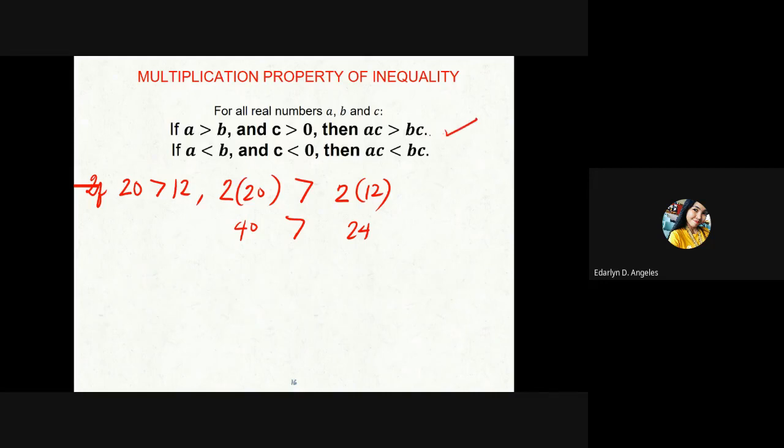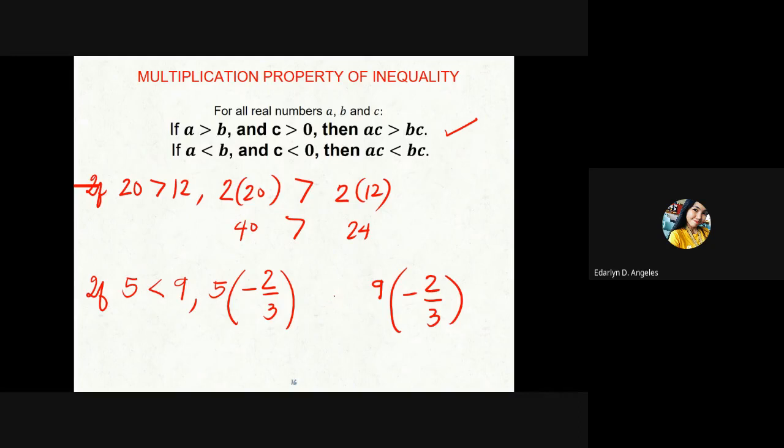Okay, another example: if our A is 5 and our B is 9, and 5, of course, is less than 9, then if we multiply both sides by -2/3, so 5 times -2/3 and 9 times -2/3, it should still be...